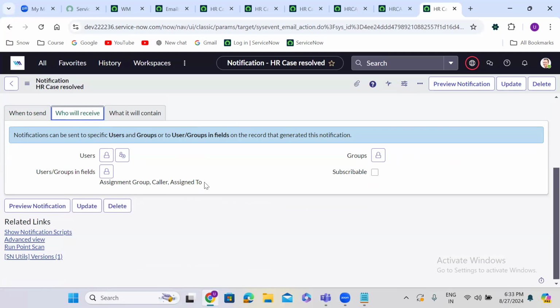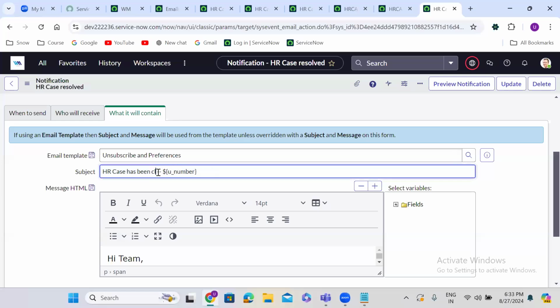The assignment group, caller and assigned to, all the persons will be receiving the email, and you will mention here as